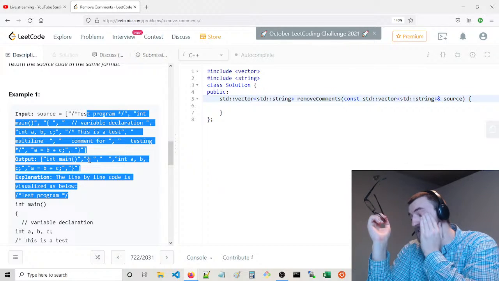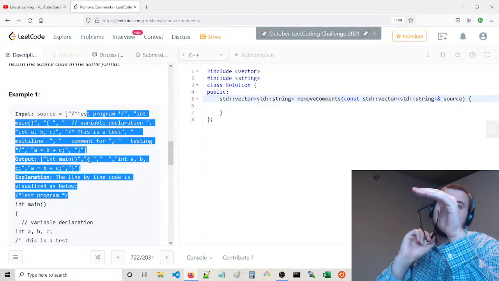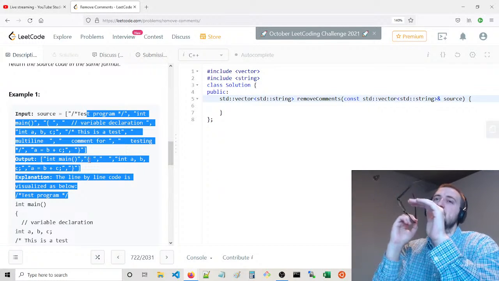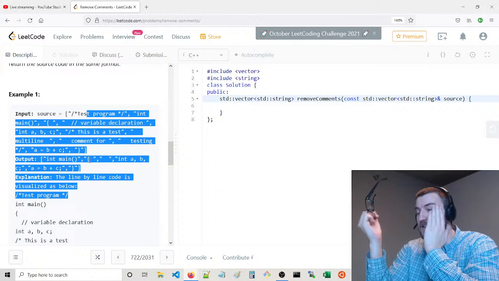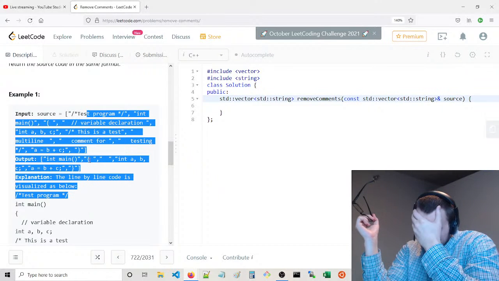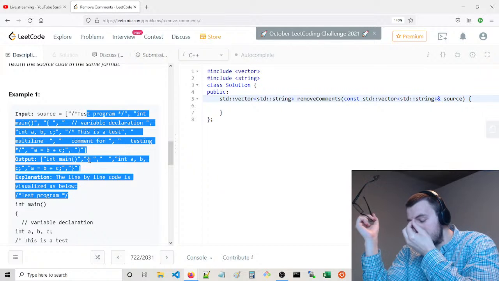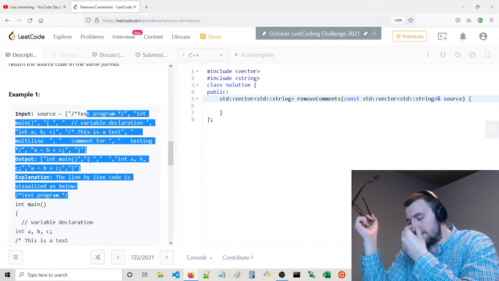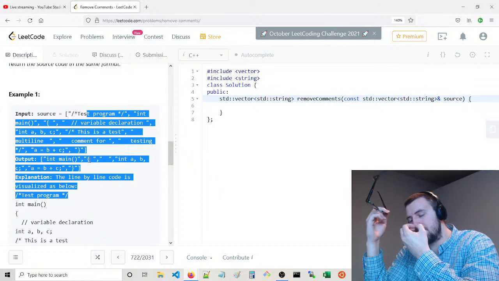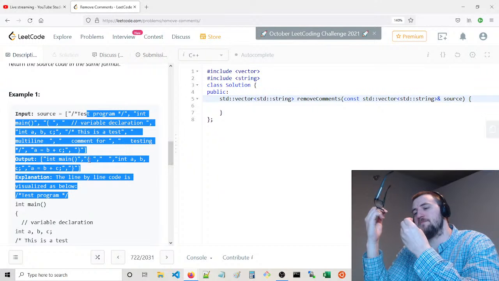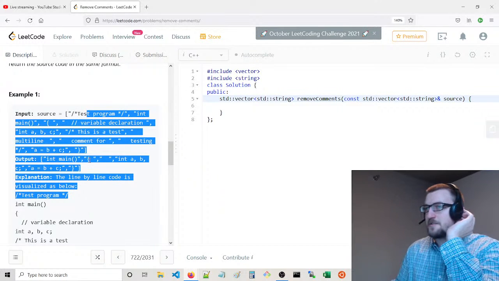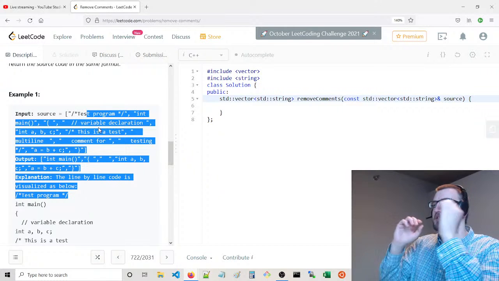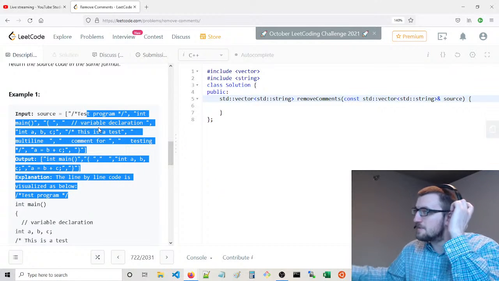And also interesting is that you could have the ending of a multi-line comment in a line that also has multiple multi-line comments, and then also starts another multi-line comment. So there are quite a few different scenarios you could find yourself in. All that needs to be handled correctly, which is very interesting.